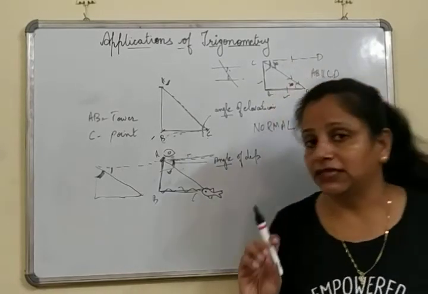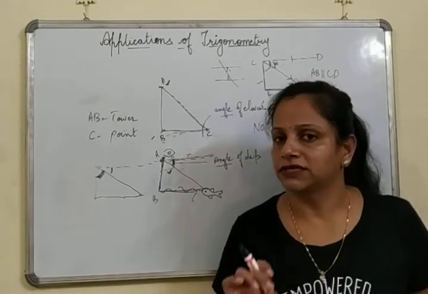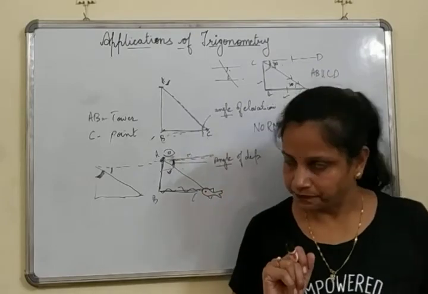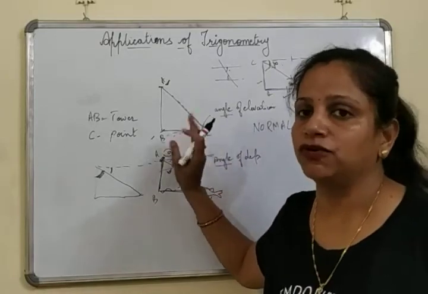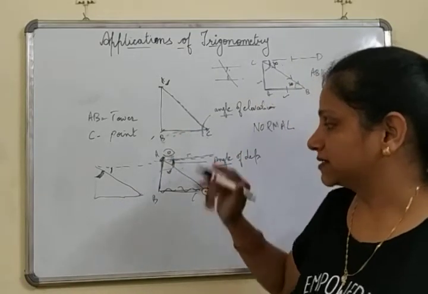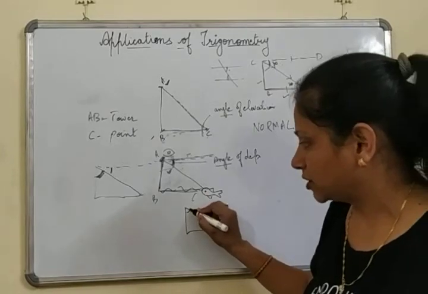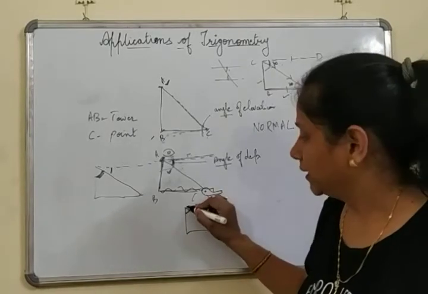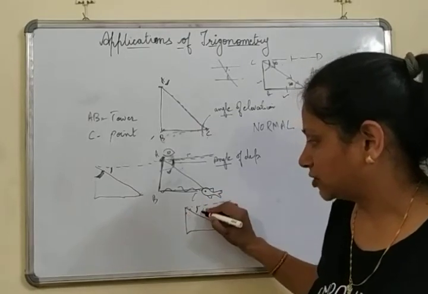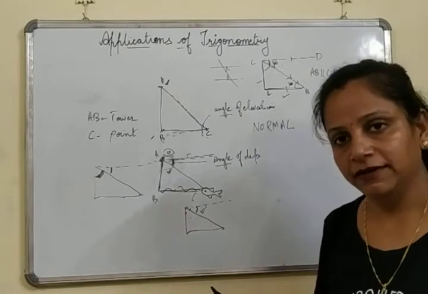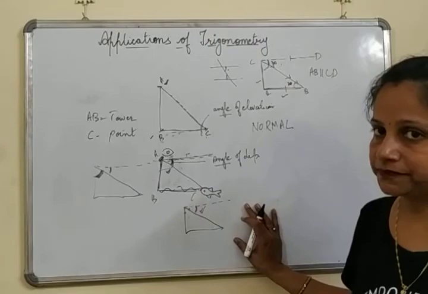And let me tell you one thing, that in this applications of trigonometry, normally 100% one question comes from this height and distance. और उसमें आपका सीधा सीधा एक नंबर, सिर्फ अगर आपने सही फिगर बनाई है you get one number. और 80% केसेस में बच्चे यही मिस्टेक करते हैं कि अगर एंगल ऑफ डिप्रेशन है तो वो एंगल ऑफ डिप्रेशन यहाँ मार्क कर देते हैं, which is wrong. It always has to be made with the normal, मतलब डिप्रेशन वाला एंगल हमेशा यहीं पर बनाएंगे. फाइन. I hope this starting and introduction of height and distance is clear to you.